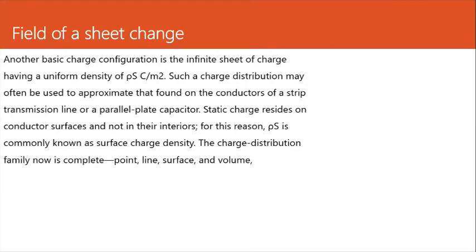Another basic charge configuration is the infinite sheet of charge having a uniform density of ρS, that is rho s, in coulombs per meter squared. Such a charge distribution may often be used to approximate that found on the conductor of a strip transmission line